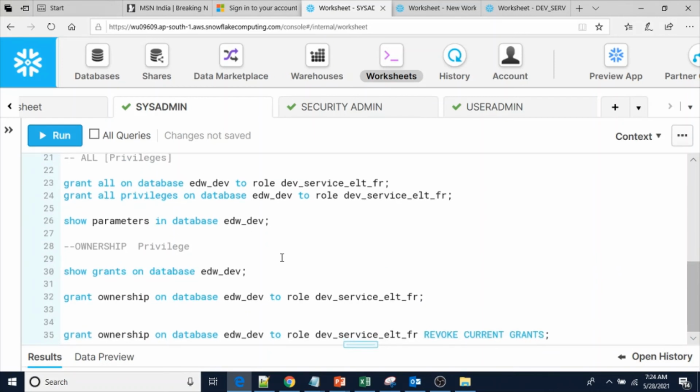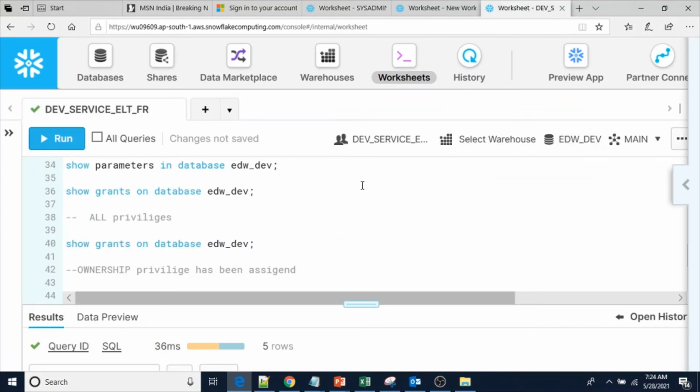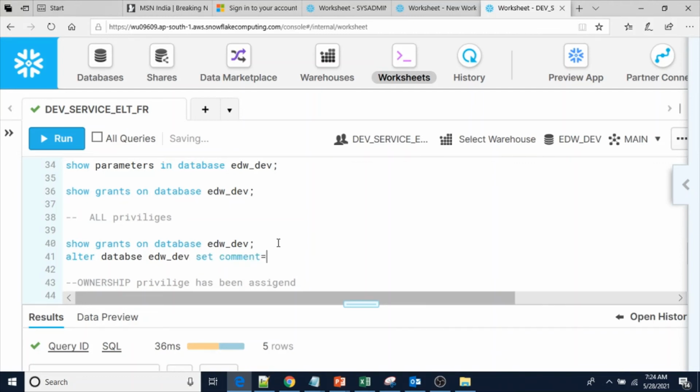Now what I am going to do, I will try to change or add the comments to a database. So now before giving the ownership privilege, let me alter database edw_dev set comments, this is created for demo purpose.